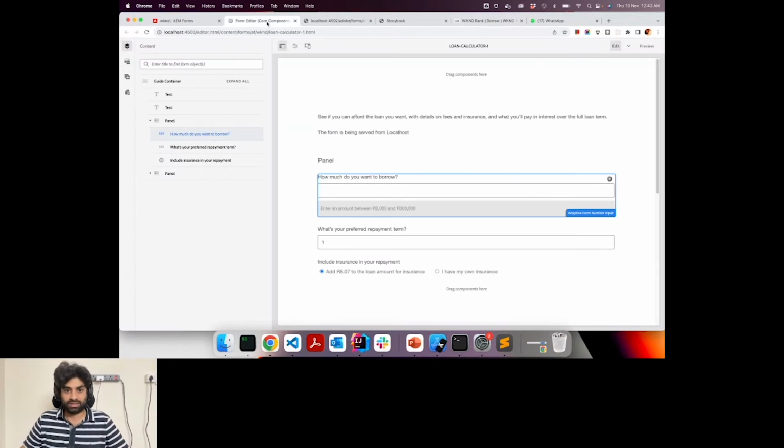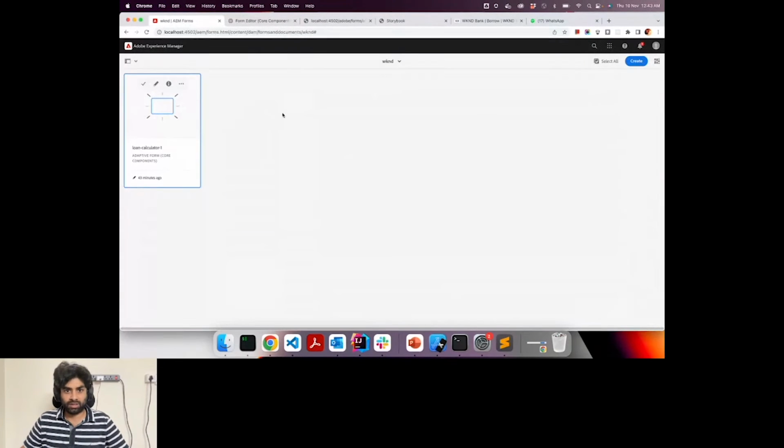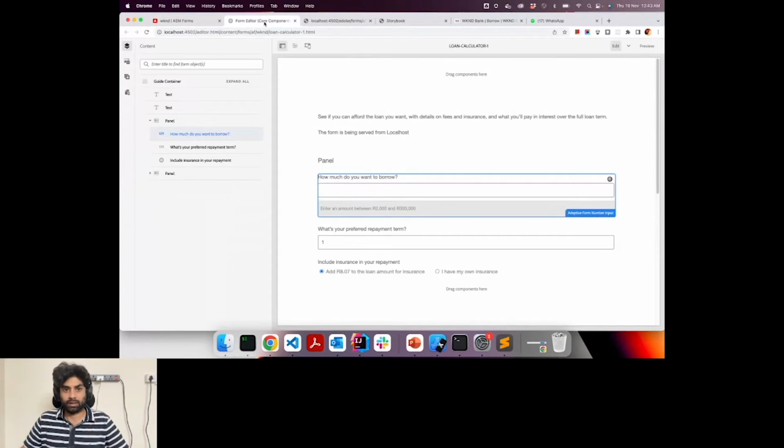So now, as a second step, they have created this form in AEM. I'm not going into the details of authoring because it remains the same. I can show you how to create a headless form, but after that, the process is all the same to create or add fields.